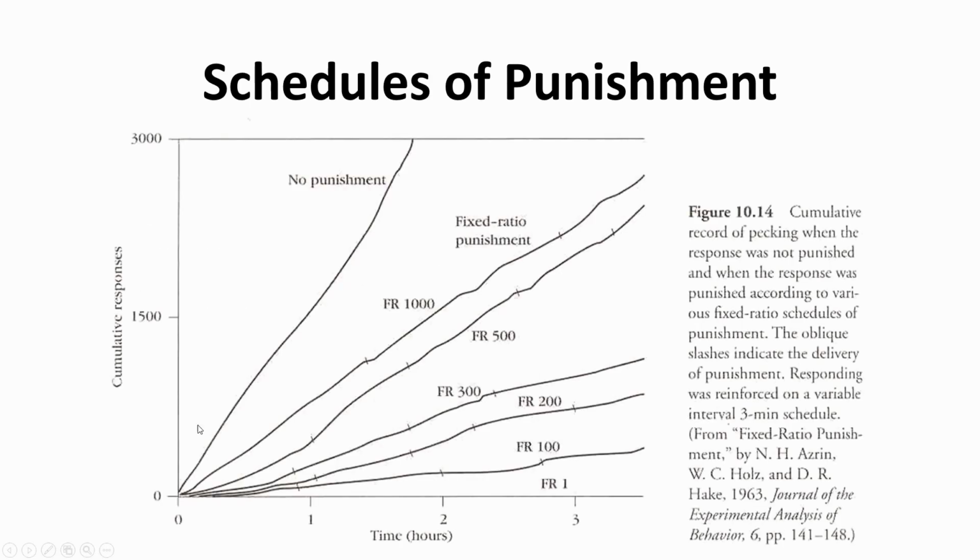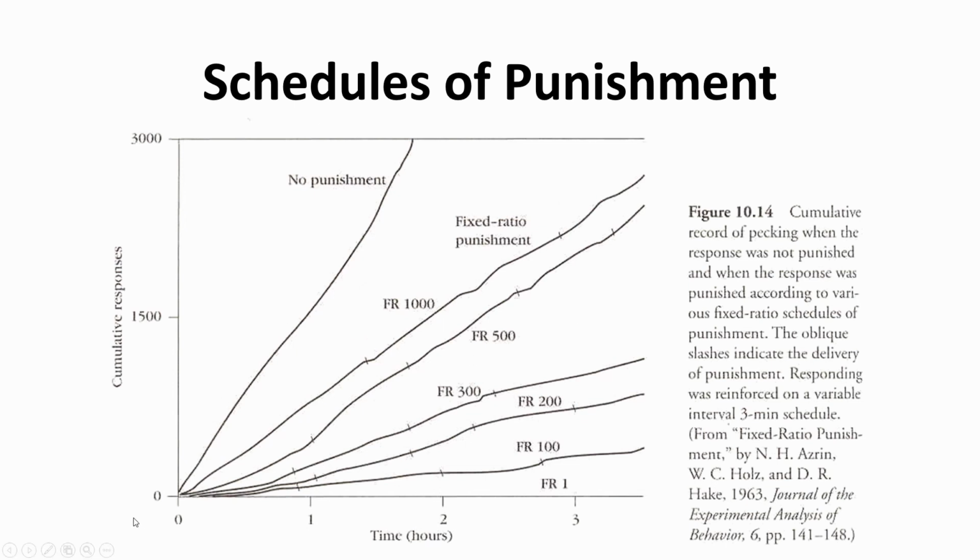And on that train of thought, we should talk about schedules of punishment, where, basically like schedules of reinforcement, we look at how often or how consistently punishment is delivered. So just like the idea that we could deliver reinforcement intermittently, we can also deliver punishment intermittently. But the different ratios, the different schedules that we use for delivery of punishment can affect basically how the behavior